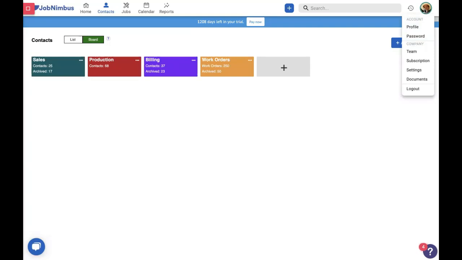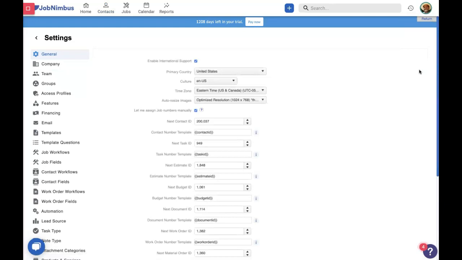It looks a bit newer, it looks a bit better, but we've also added documents into this section. Now, if you have company documents enabled in your account, this is where you get to your company documents from your profile. It's right under the company subsection. So I'm going to click on settings, and that way we can go ahead and get started talking about our